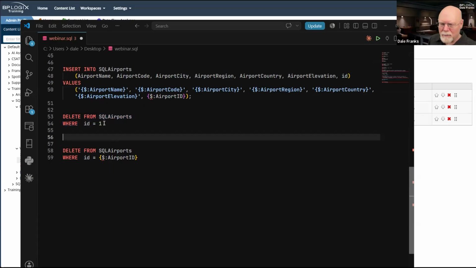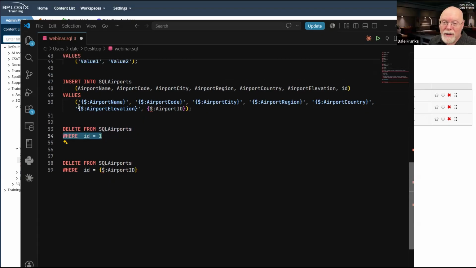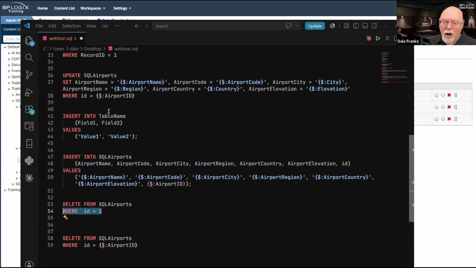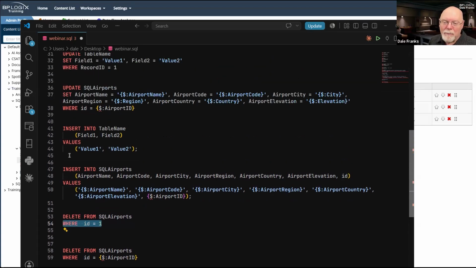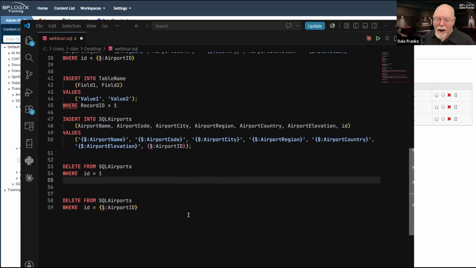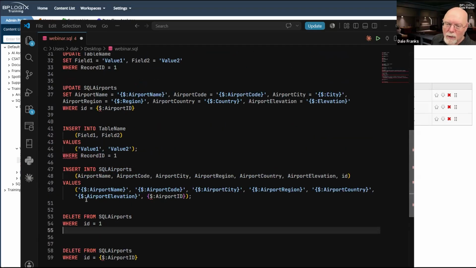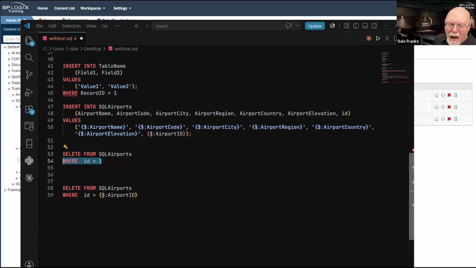So it's slightly irksome. But the where clause, just like with the edit clause, becomes super important because what I usually don't want to do is delete everything in the table. So just like the lack of a where clause here would change the value of field 1 and field 2 for every record, having no where clause here will delete every record in my database. I certainly don't want to do that.